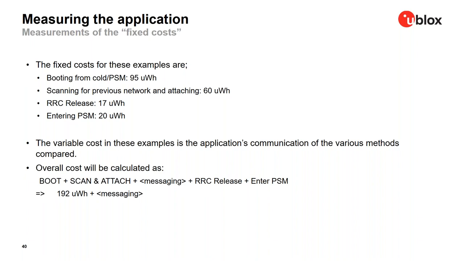On the fixed part, once we have decided on our network operator, we can barely optimize more, and the numbers are more or less there. In our case, the fixed cost was 192 microwatt hours. But the variable cost depends on which protocol you want to use, how you want to secure your data, what security mechanism you would like to have, and what quality of service you want. This is the part that I would like to focus on. We are talking about the cost of messaging, the part that we actually have control of. Next slide, please.